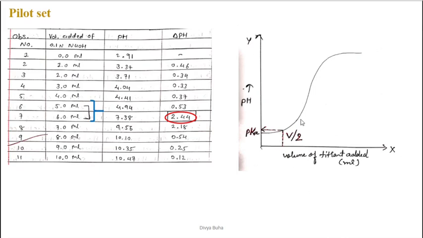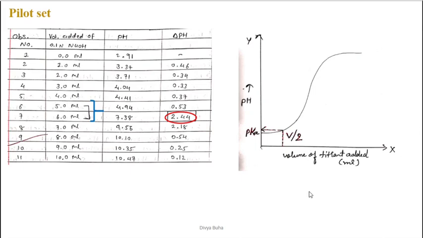So you will be getting a sigmoidal shaped curve. Okay, you can see that it is a sigmoidal shaped curve. Initially the pH would be very low, right? It would be around 3. You can see over here 2.91. Okay, and then as you start adding NaOH, the neutralization would start and the pH would gradually increase, and then you will be able to see a proper pH break. Okay, so your equivalence point would be somewhere here. I mean, over here that is a pH break, so this would be your equivalence point, which would be between 5 to 6.